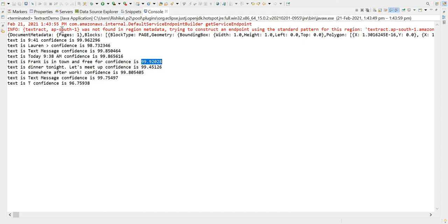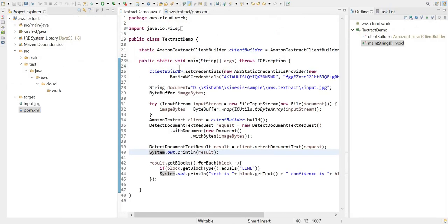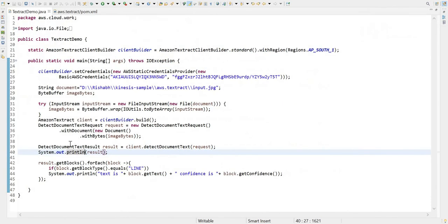Now, why we are getting only lines here? Because if we again look at the code, what we are doing here in this code is that once we get the output, we are only printing the blocks which have block type is equal to line. So we are only printing those text and their confidence level.